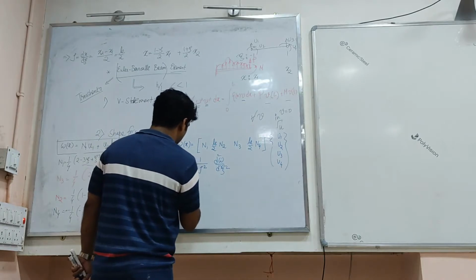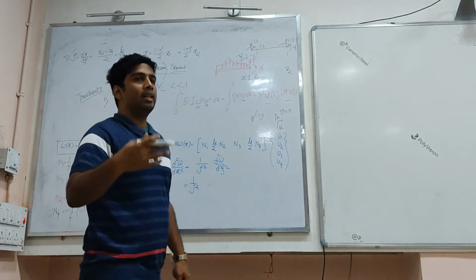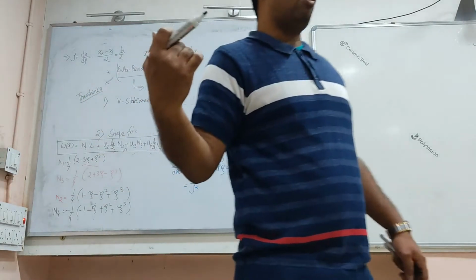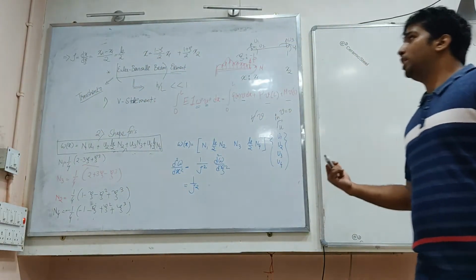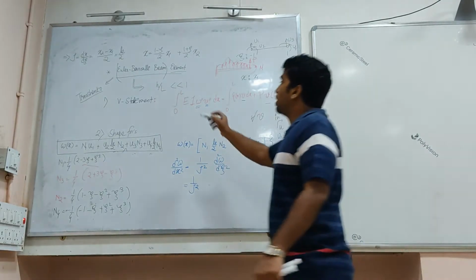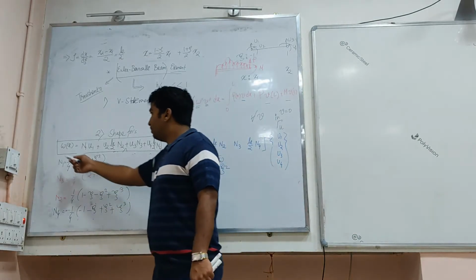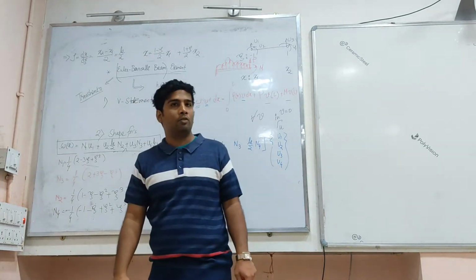By the way, we have been using Lagrange polynomials for isoparametric elements. Here we are not using an isoparametric element. How do I know it's not isoparametric? Because X, the physical coordinate, is mapped with one set of shape functions, and the degree of freedom is mapped with a different set of shape functions.